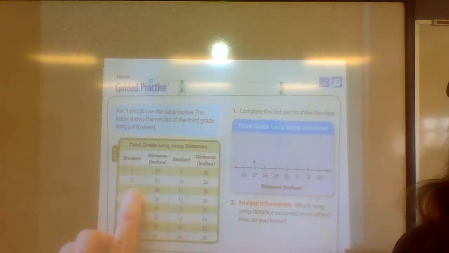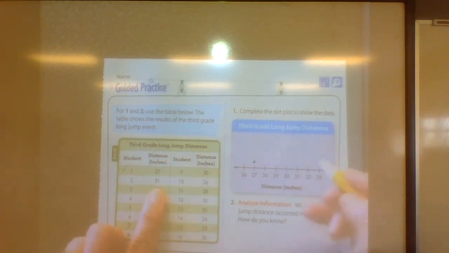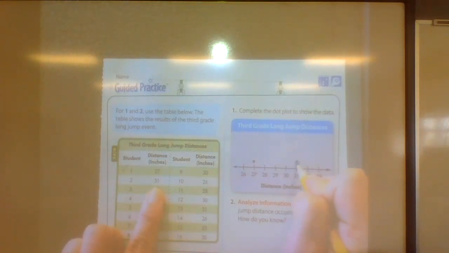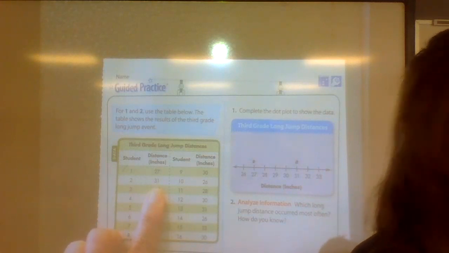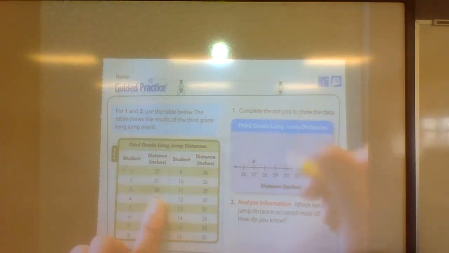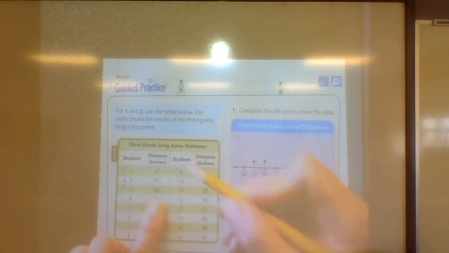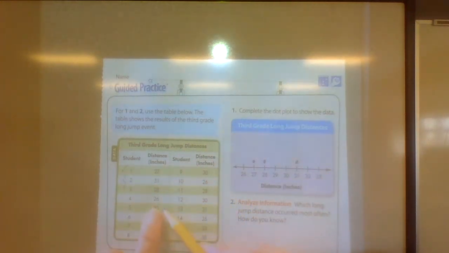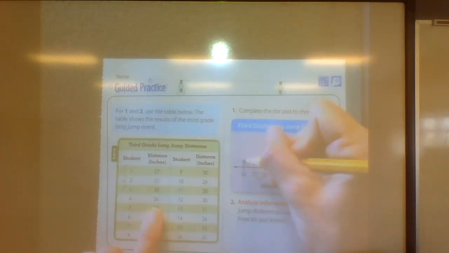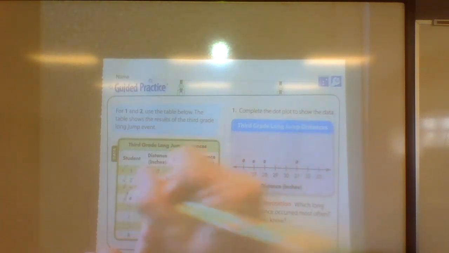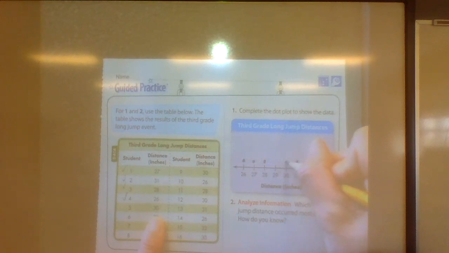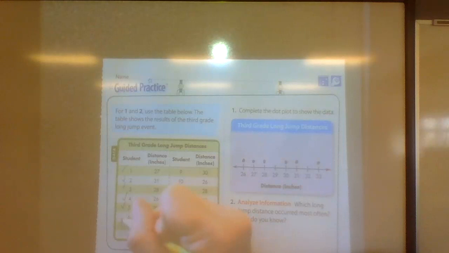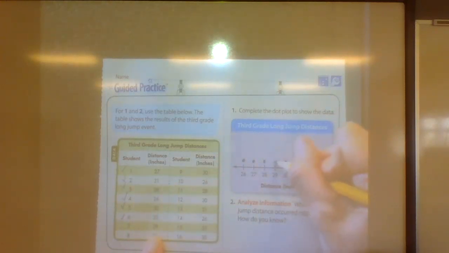Okay, student 2 jumped 31 inches. So I'm going to put a dot on 31. Okay, student 3 jumped 28 inches. So I'm going to put a dot at 28. Okay, and I've done those. Student 4, 26 inches. Okay, 30 inches, 33 inches, 29 inches,